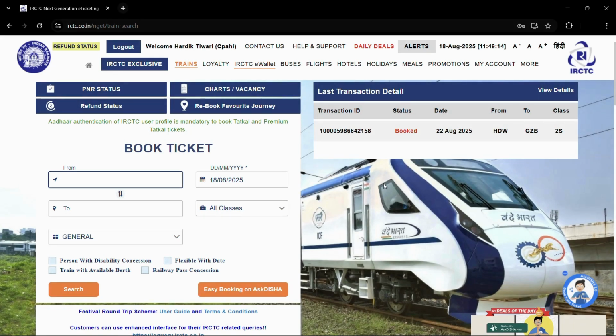How to check if your IRCTC official account is Aadhaar verified or not. So hey guys, welcome to this quick and easy tutorial. In this tutorial I will be showing you the steps which will tell you if your IRCTC account is Aadhaar verified or not. So in order to start, the first thing that you will need to do is open any